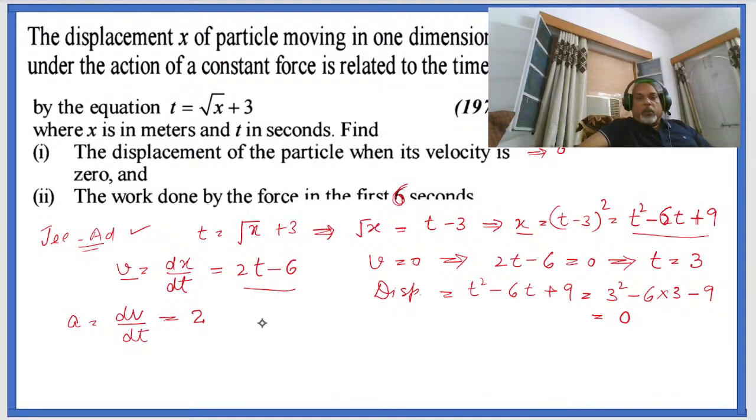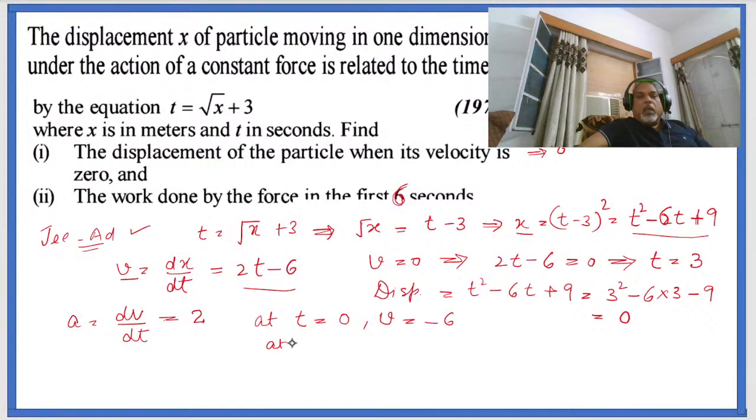At t is equal to 0, what is your v? At t is equal to 0, your v is minus 6,